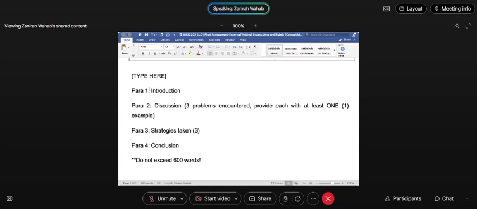Of course, the first is the introduction, where you provide information on when you formally learned the English language. Is it your first or your second language? What is your first language if it's not English? And then